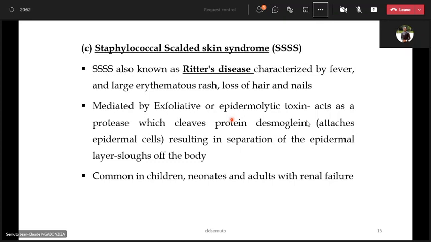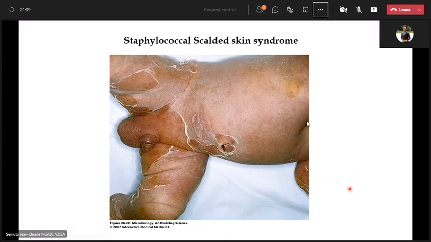Second, besides the rash, we have staphylococcal scalded skin syndrome, which is also called Ritter's disease, characterized by fever, erythematous rash, loss of hair and nails, mediated by exfoliative or epidermolytic toxin, which acts as a protease, cleaves protein, and attacks the epidermal cells, resulting in separation of the epidermal layer from the body. It is common in children, neonates, and adults with renal failure. This is the condition that we are describing. The skin is kind of peeled from the body,